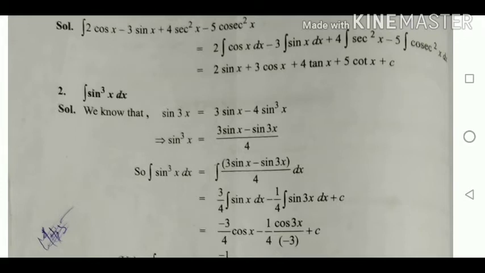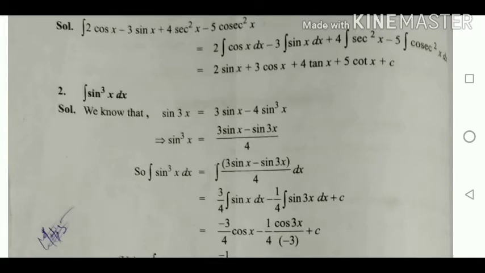Listen here, before integrating, we go to the formulas. That is sin 3x. We have already studied these things in 11th itself. So sin 3x equals 3 sin x minus 4 sin cube x. From this formula I am arriving at the formula sin cube x equals 3 sin x minus sin 3x divided by 4. No need to write it as 3 sin 3x. First we know that sin 3x equals 3 sin x minus 4 sin cube x. You may write the formula as sin cube x equals 3 sin x minus sin 3x by 4. It is easy for you to understand also.